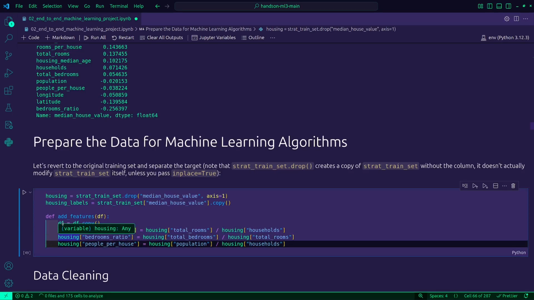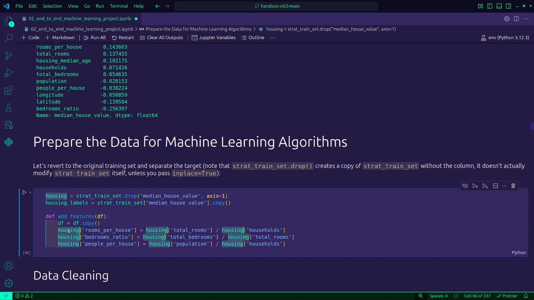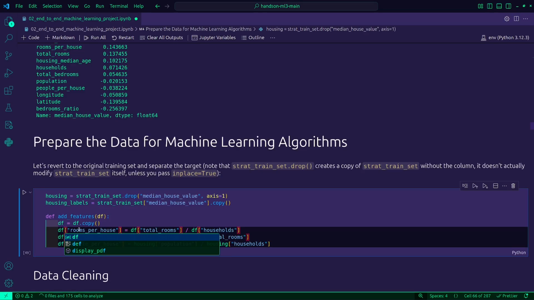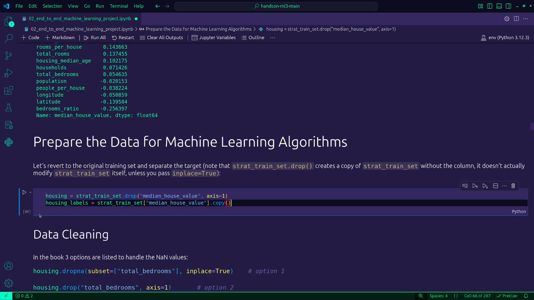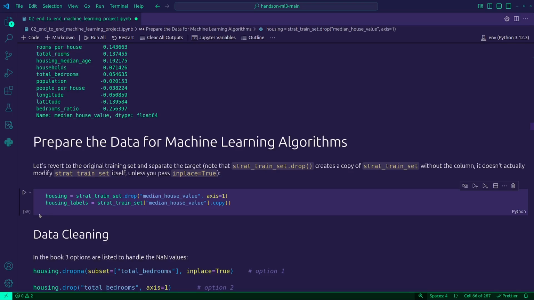The only difference would be that instead of housing, I would have df, and then I would return it. And basically, I would get new properties, and they are usable. It's the same shtick that we have in software development, where we just write small reusable chunks of code.